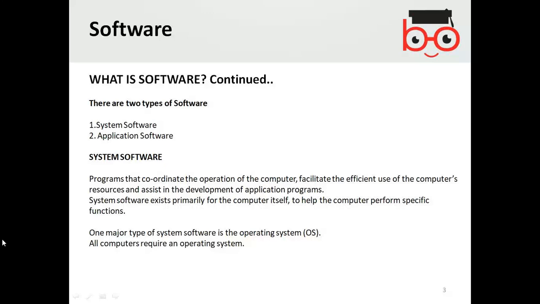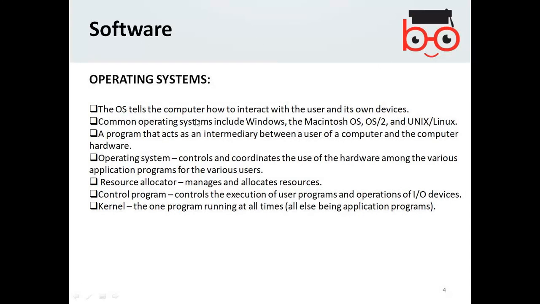Normally, I want to give more emphasis on this point, that Windows is not the only solution or the only kind of system software, but it is one of the system software.